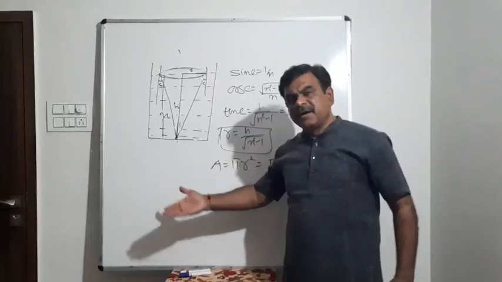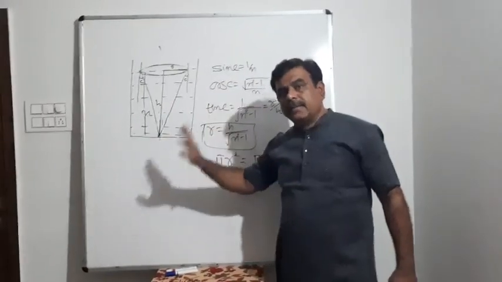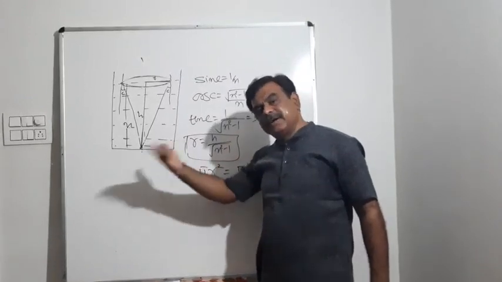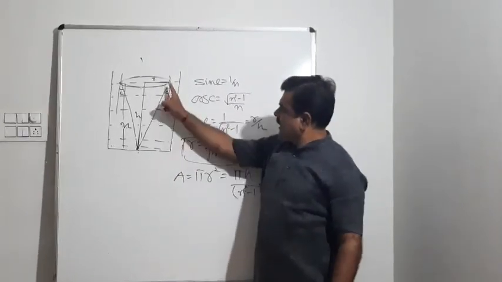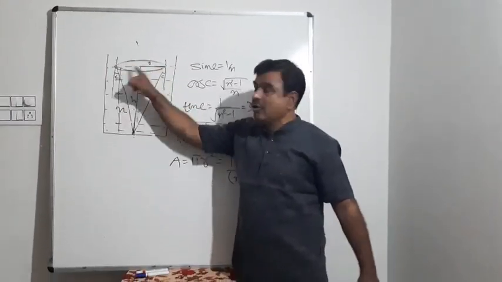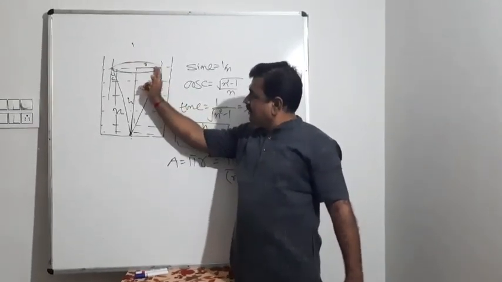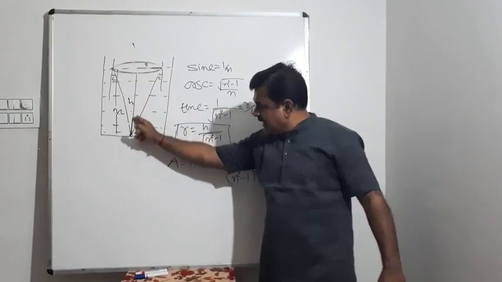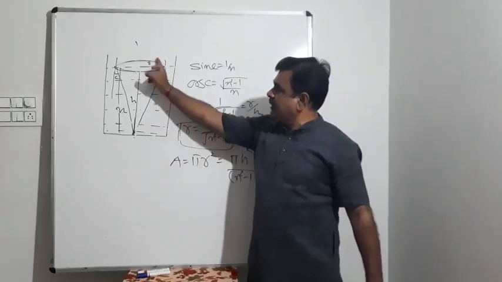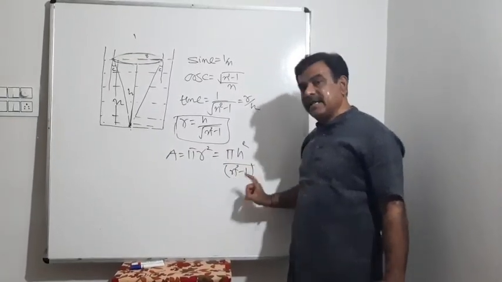On the basis of this, different questions can be formed. Like here, the second medium can be changed. This can be a compound medium. But this is your base formula. If you know how to apply this, then further you will be able to apply. Yes, in this, either you can say it is the radius of this circular spot, correction, not circular path, or it is the horizontal distance from the edge of the medium up to which it is visible. h is the depth. So it is the relation between h and r. And the area up to which the spot will be created will be A equal to pi r square, that is pi h square upon n square minus 1.